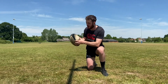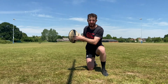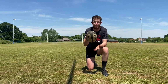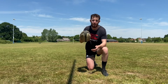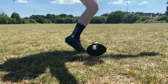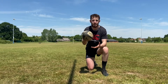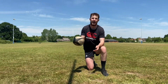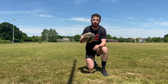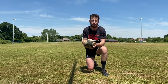As you can see, if I wasn't holding onto the ball and tried to indent it with my thumbs, it would instantly move itself away without the chance for me to even make an indent, just the same as a solid would. However, when a solid object travels at a much faster speed, say for example, the speed that your strike foot travels at, it means the ball is almost caught off guard. This is because of the space between air particles as opposed to the lack of space between particles in a solid. But like we said, after time, the ball will notice something disturbing it, causing its pressure to build,